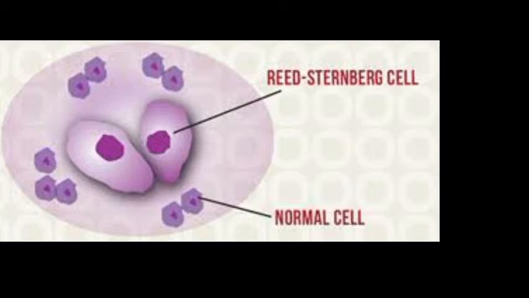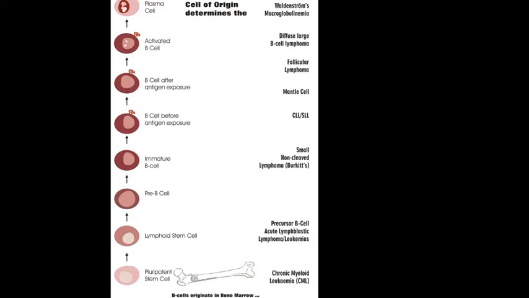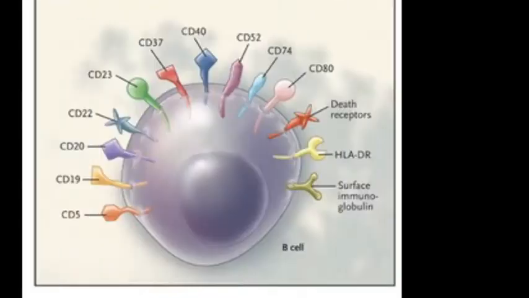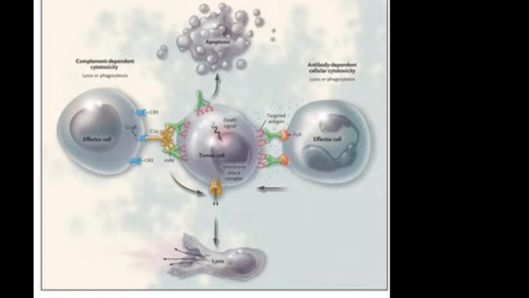Reed-Sternberg cells, this is the owl eye appearance. And I want to tell you, see, this is diffuse large B cell lymphoma, and this is CLL, which is B cell. I will tell this one again afterwards. See, this is B cell. We have CD20, which is more important. And if you give rituximab, it will cause apoptosis of the tumor cells by binding to CD20 and inactivating it. And this diffuse B cell lymphoma is the typical aggressive non-Hodgkin's lymphoma,